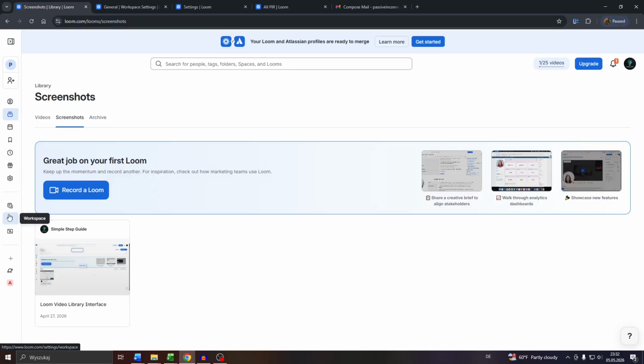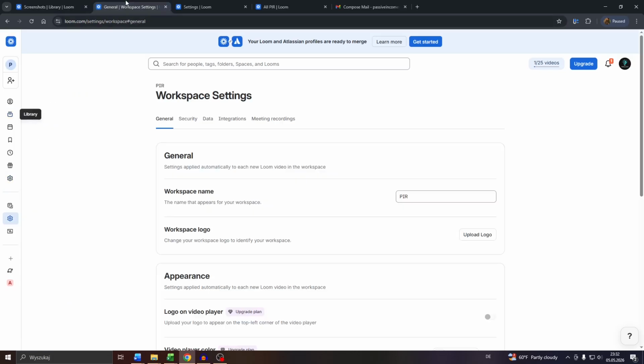So what you want to do is click into workspace here with that gear icon, not that one here, that is going to redirect you to your general account settings. So click into workspace settings, and here in the workspace settings switch to general, and here click into that field